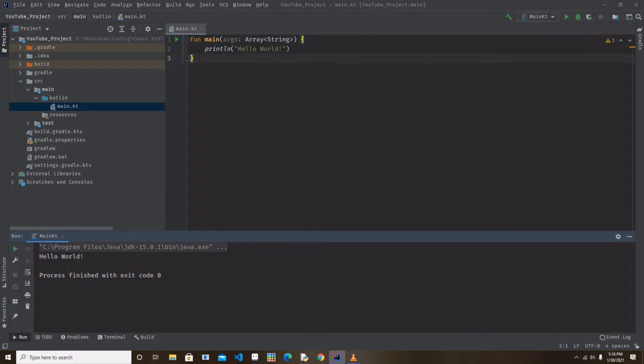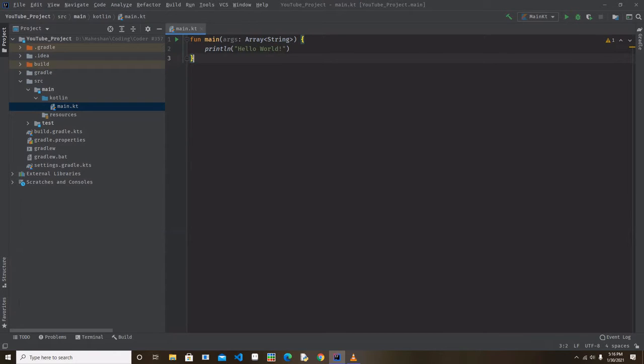So the program has finished running, and now it says hello world. So what this here is, this is function main. Now in Kotlin each and every script should have a main function. It's the function that runs most of our code. So fun is short for function. It's a keyword, and this is where I put all our arguments. You'll learn arguments in a different part of the course, and within these curly braces you put all our code